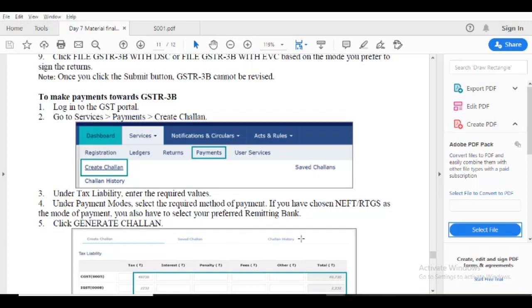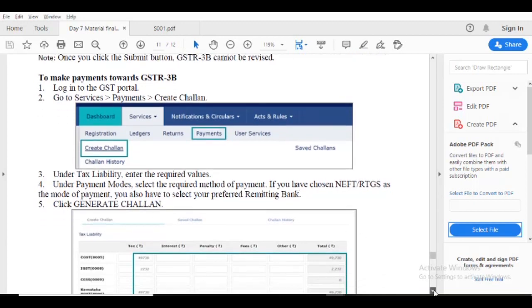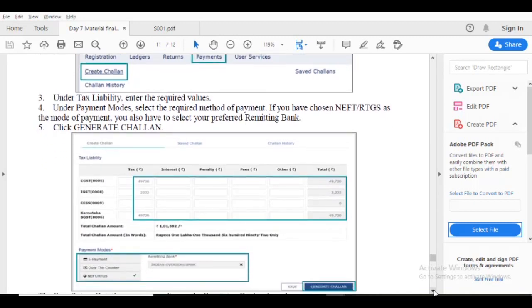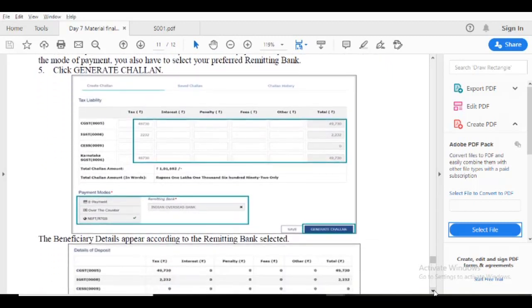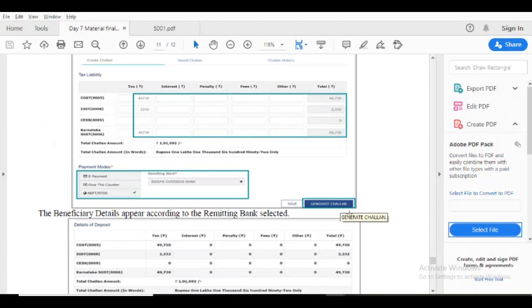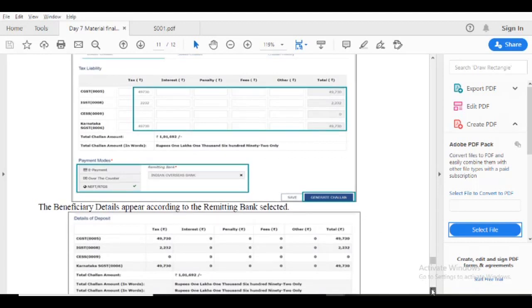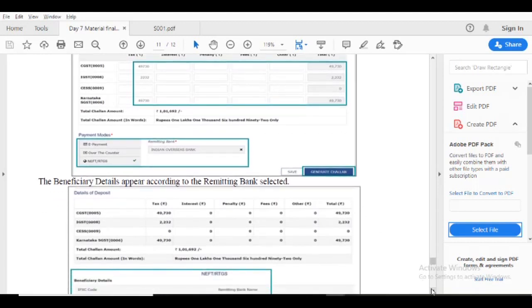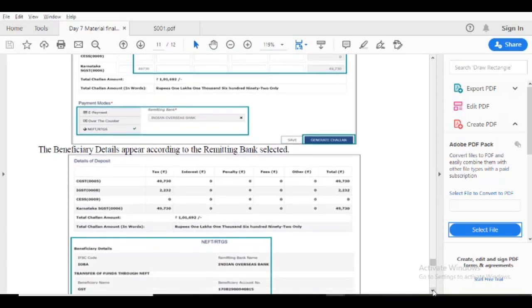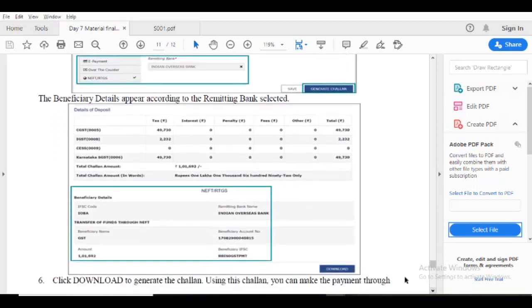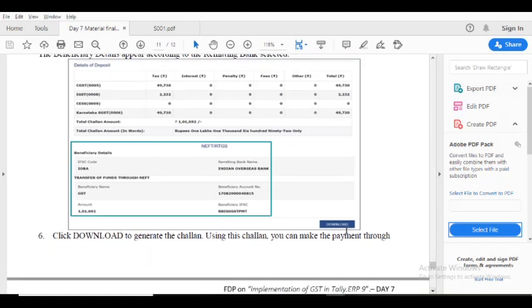Okay, click generate the challan. The beneficiary detail screen comes. You click download here to pay the amount offline.